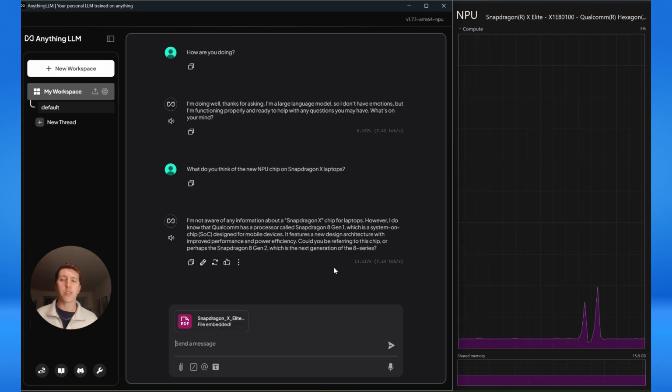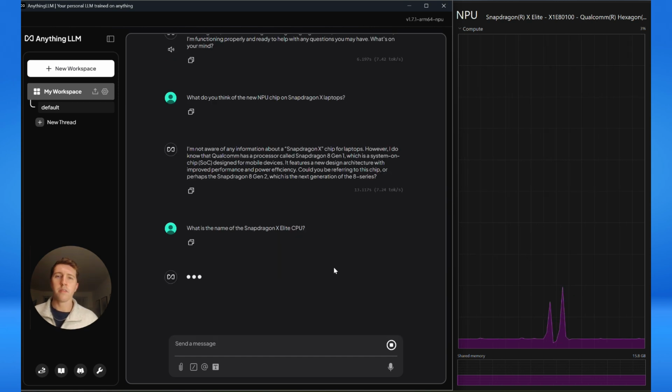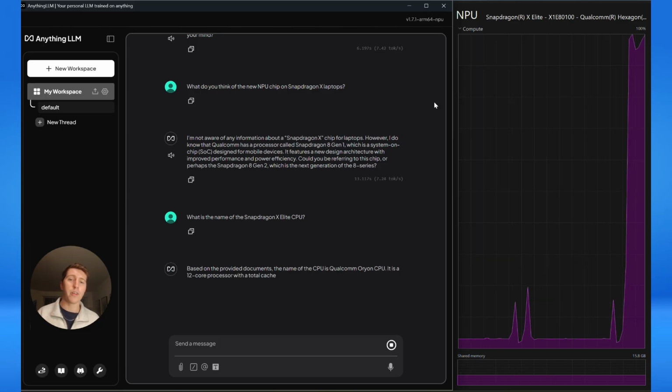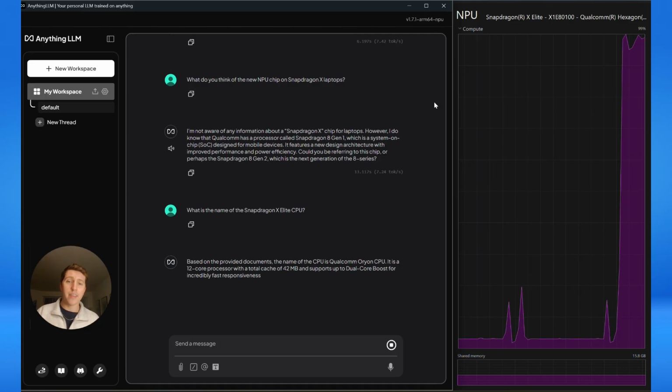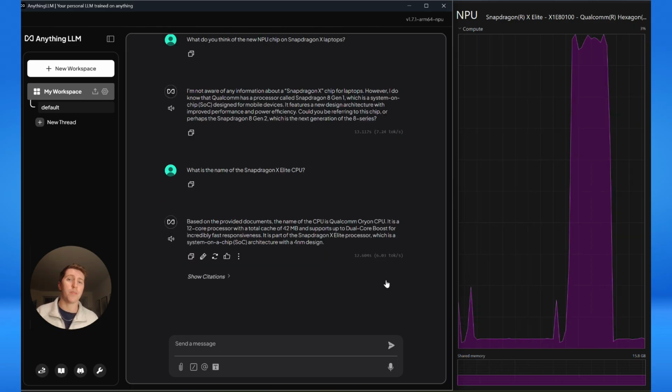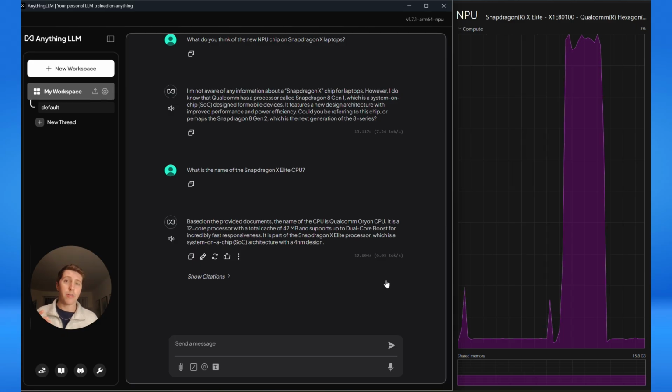So now let's ask a question that's in this document that it would have more information on. This is a pretty simple question: what is the name of the Snapdragon X Elite CPU? And we'll see that we have a spike in the usage of the NPU, and then we start getting the result back, and it is correct. And it even gave us some additional facts about the CPU that were either related or adjacent to the question